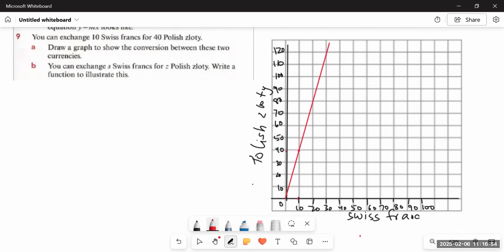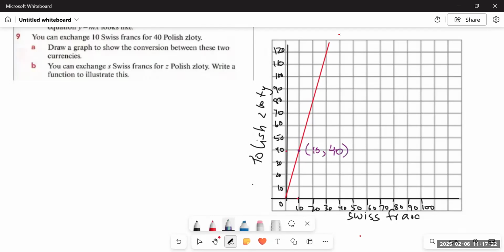You see, students, what we did, we only marked one point that was given in the question, that is for 10 Swiss franc, we can get 40. So you can see that the line coincides at 10 and 40 over here. This is 10 on the x-axis and 40 on the y-axis, this coordinate, right? So this would be what we were asked to draw.